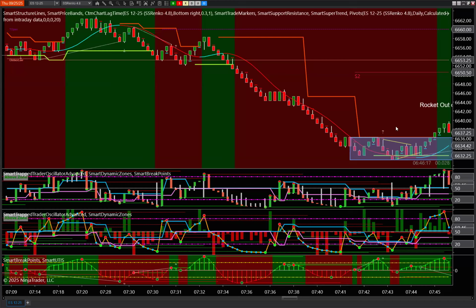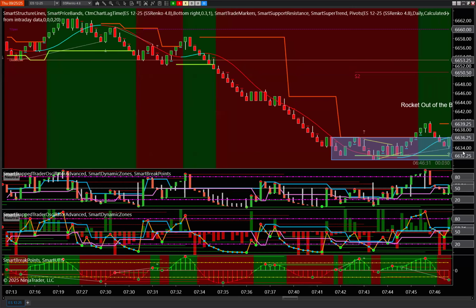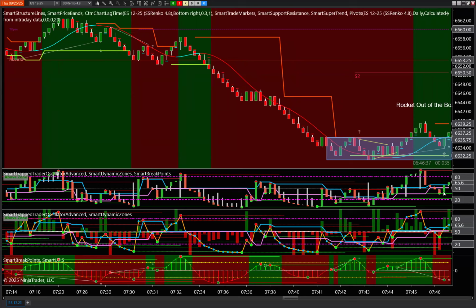All right. So based on what we've been telling you, it's pretty hard to go through this, right? Elite traders don't care if it goes that way or that way. They're looking to take this out. That's the first target, and it's a nice one. So we come back in. We call this rocket out of a box. You can trade that. Actually,